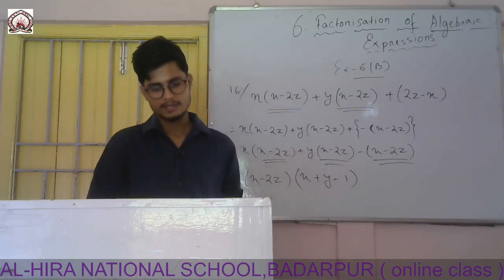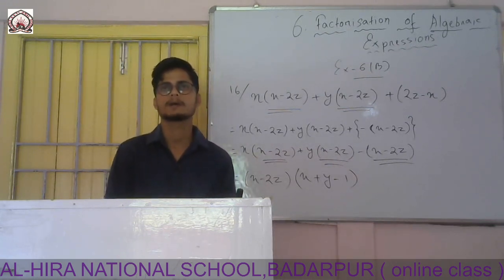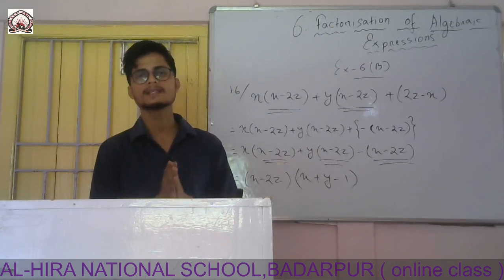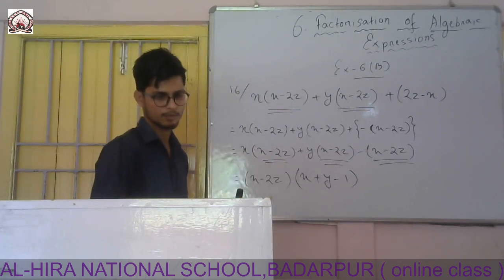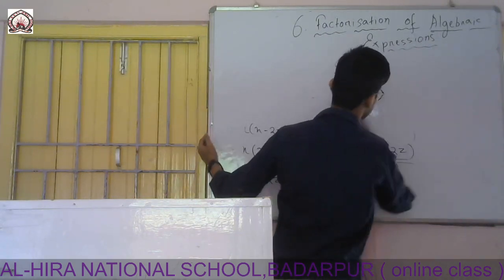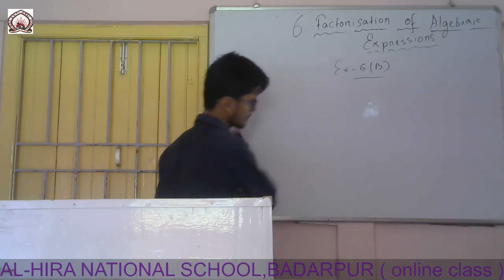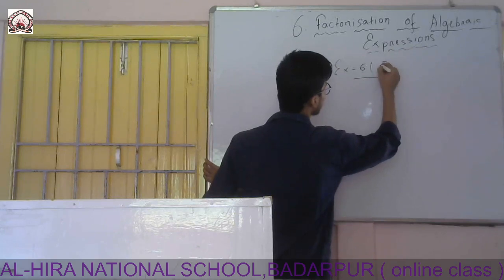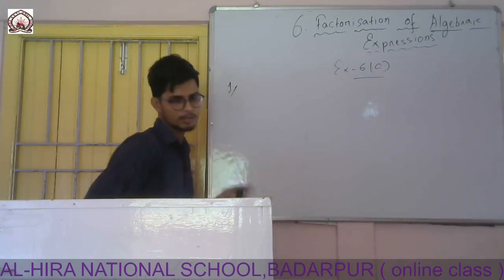To do exercise 6c, same thing, we have to take out the common factor, but before this we have to arrange them so that we can take out easily. There will be more than one term, two terms. So, question exercise 6c. Question number 1, there also we have to factorize.